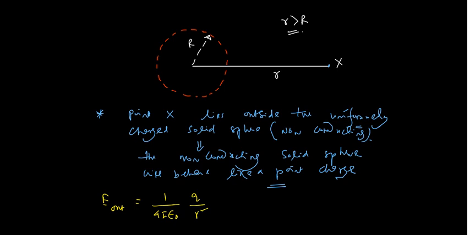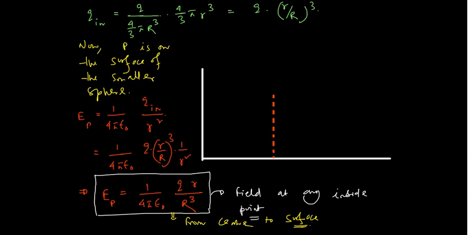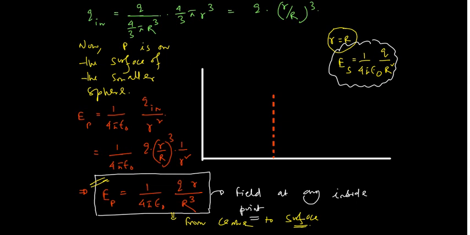And whatever the previous equation we got, if we put small r equal to capital R in this equation, look, E surface, how much is it coming? 1 by 4 pi epsilon naught q by capital R square. So everything is now converging to our elemental idea. The only difference happening here is at the inside point, from r equal to 0 to r equal to capital R.